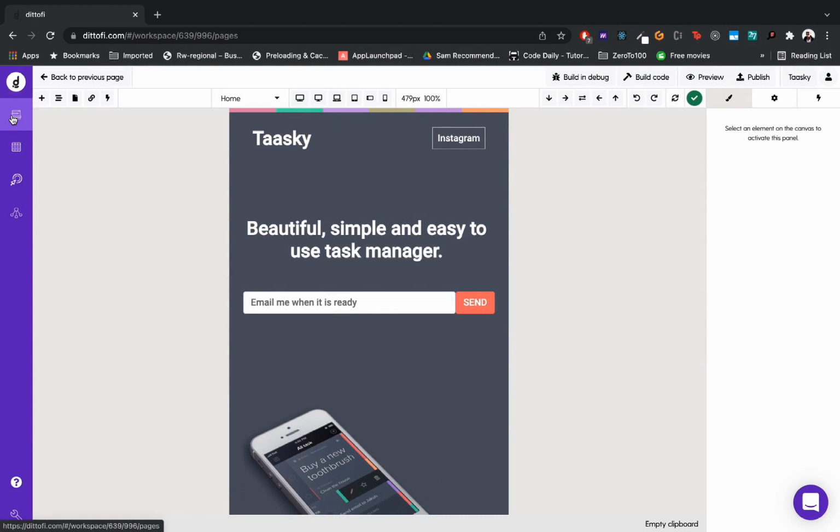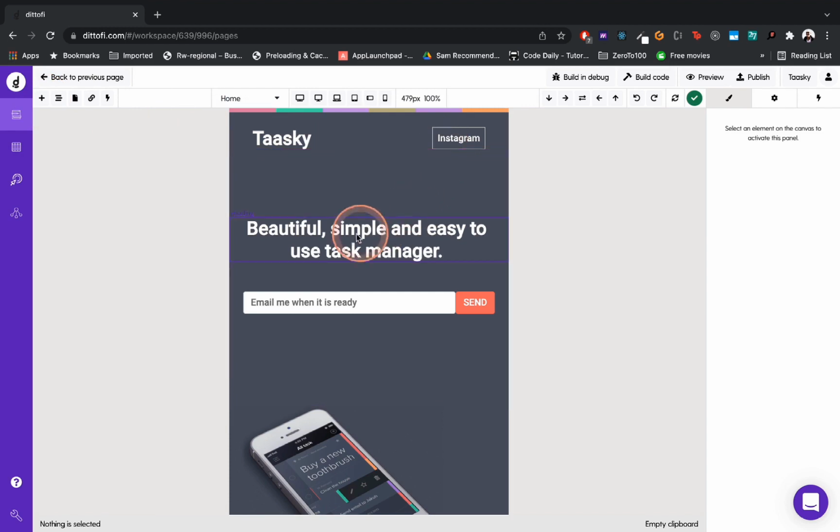When you click it, you will see that if you start with no app, if you don't start with one of our templates that we give you that you can install and customize, it will be a blank screen. Now, what is this first icon here? If you hover over it, it's going to tell you that you can add elements.